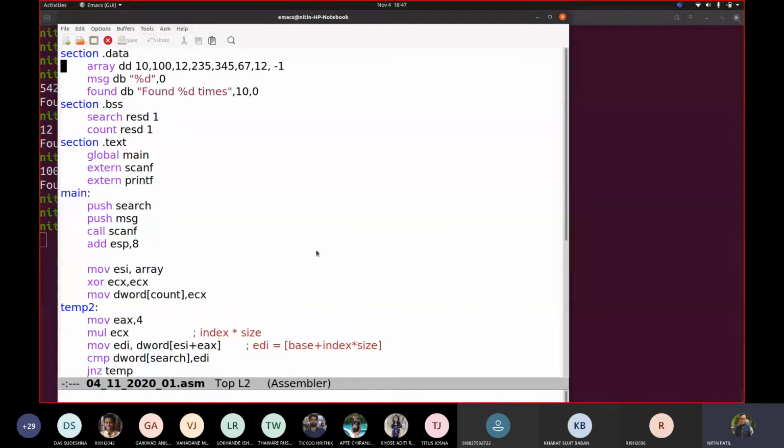So let me make the change. Now I am adding a string here. db, this is a test string added to check occurrence of a character.